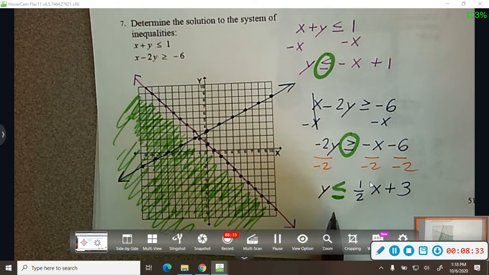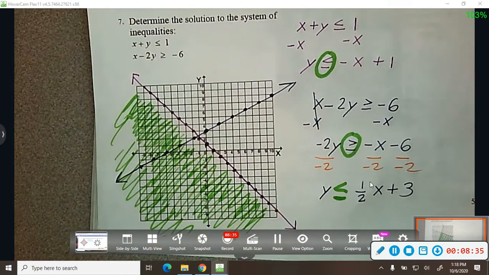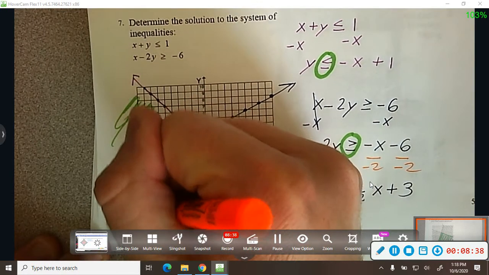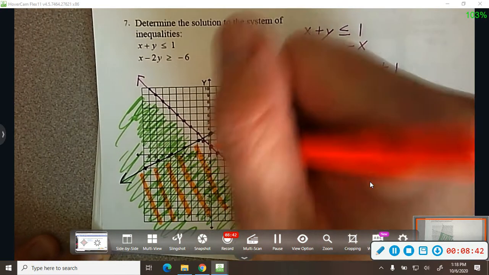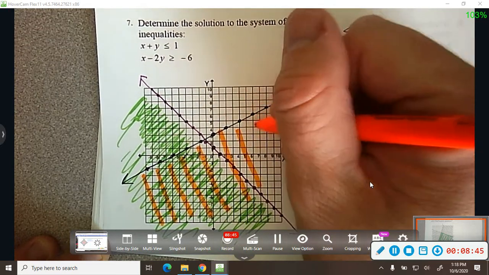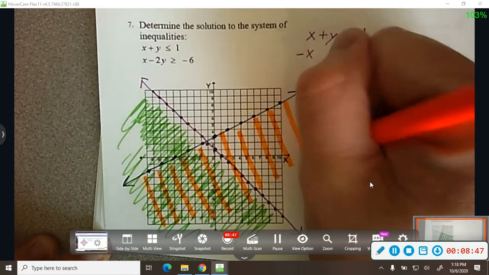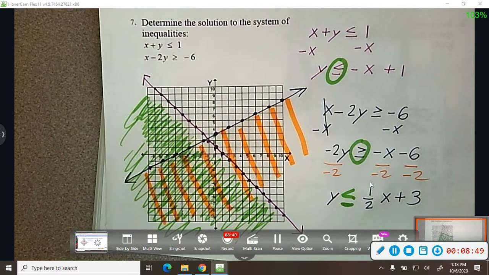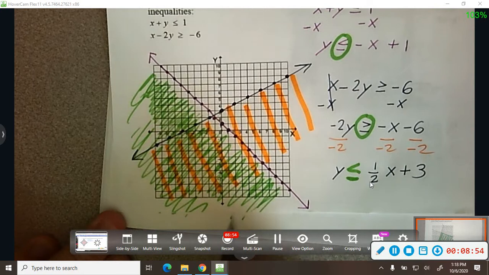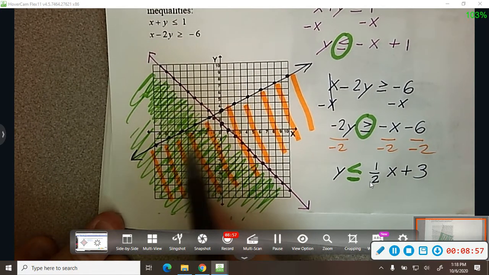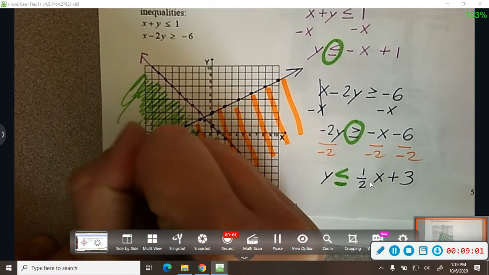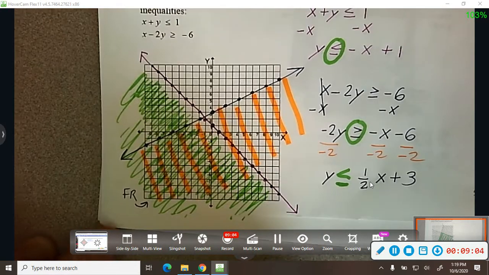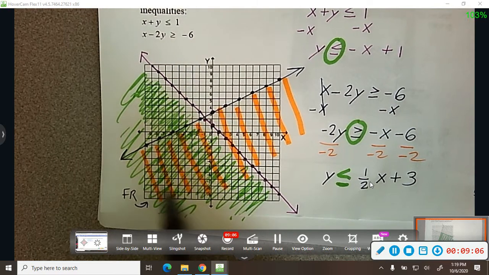And then less than or equal to, I'm going to shade below. So I'm going to take this and shade below. Now you can see where the shading intersects, that's where the solutions are. So if you could tell it from your graph, which I can, the solutions are anything that's around here. So I'm going to call that FR. The feasible region is anything on this